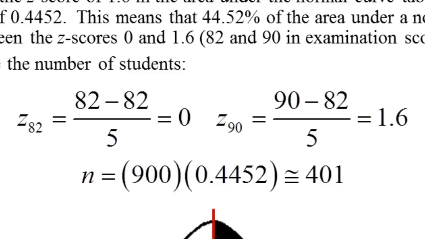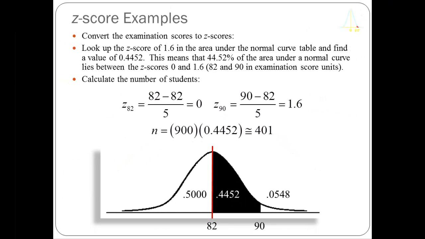So here I take my test score of 90 minus the mean of 82, divide by 5, and I get a z-score of 1.6. Now you can see in the graphic here I've labeled the things that I know. I know that half the distribution has values below 82, so I've labeled that 0.5000. By going to the z-table in the book, I learned that the area between a mean of 0 and a